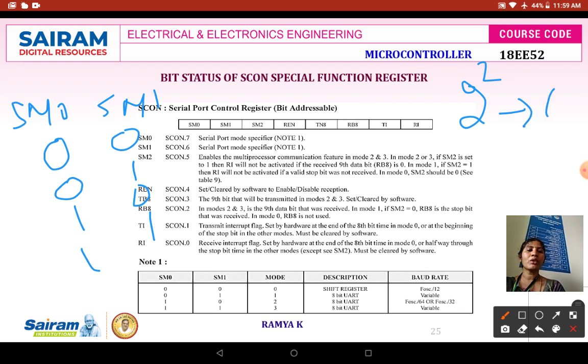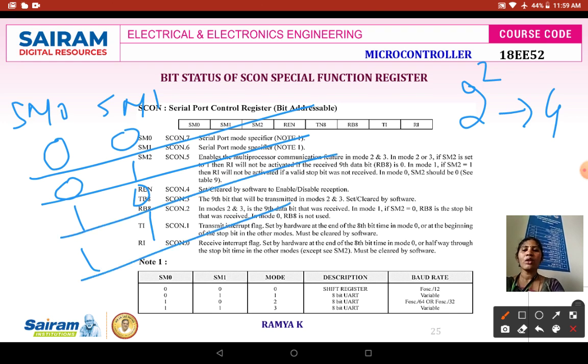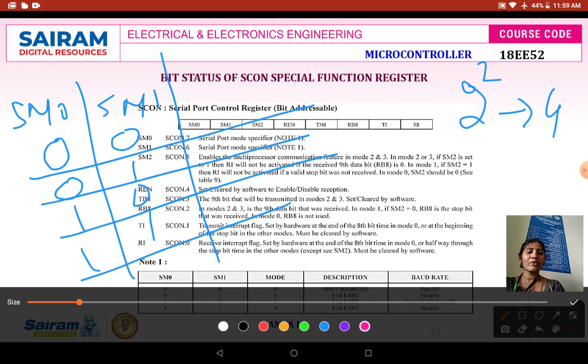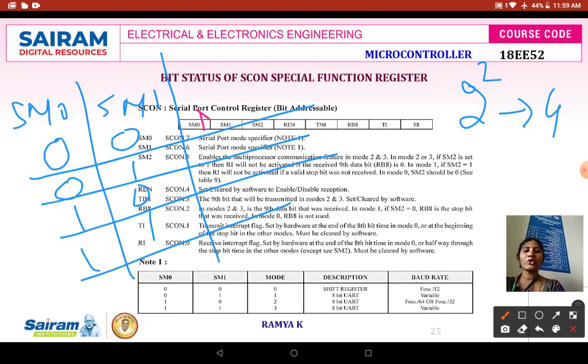So 00 means it is going to operate under mode 0. 01 means mode 1. 10 means mode 2. 11 means mode 3.